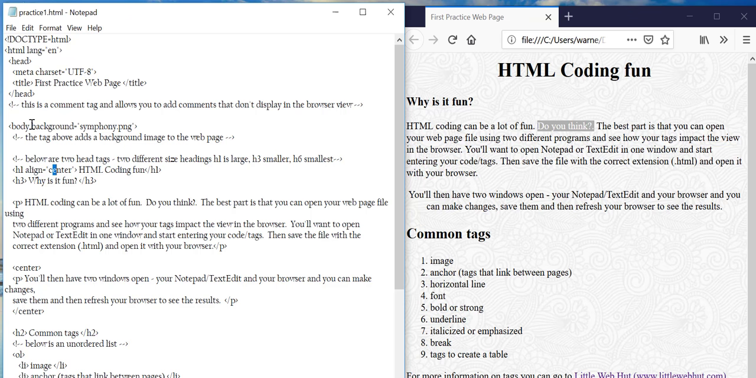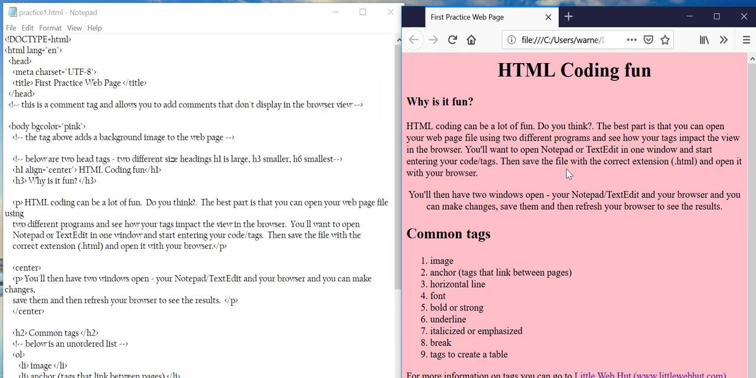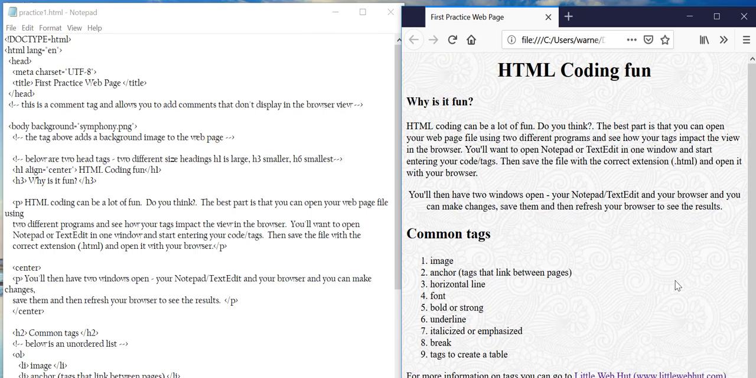So if I decided I didn't want a background image but a background color, I could say BG color equals pink, save it, Control S or File Save, come over here, and it changes it, right? So let me put that back, save it, come back here, refresh it, and I've got my images back. So you've got everything in the same folder, and you're just typing in the instructions, the coding